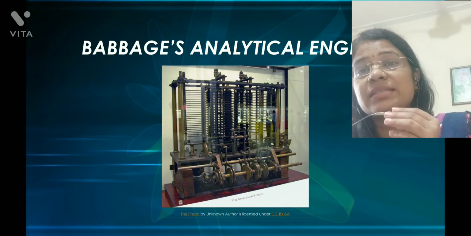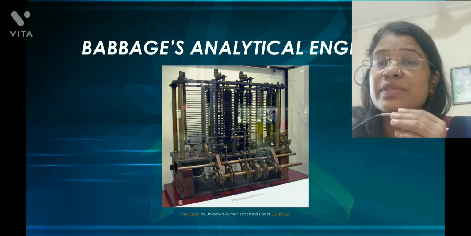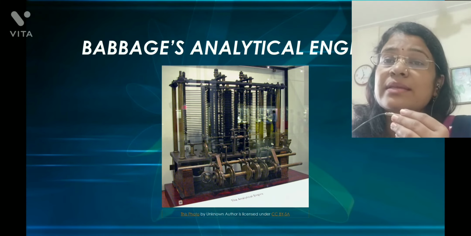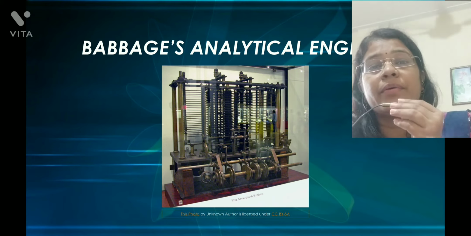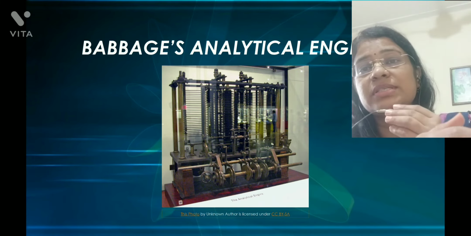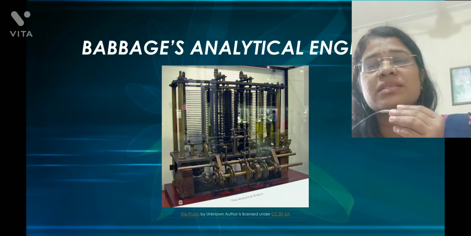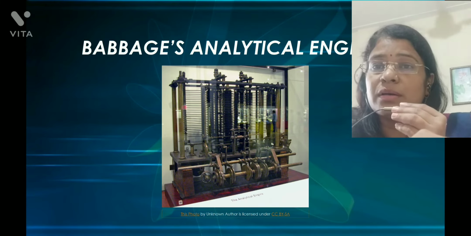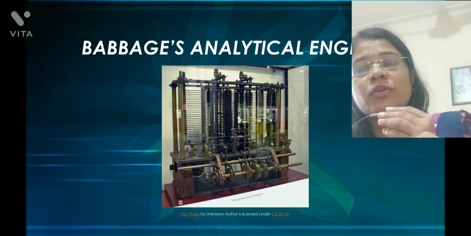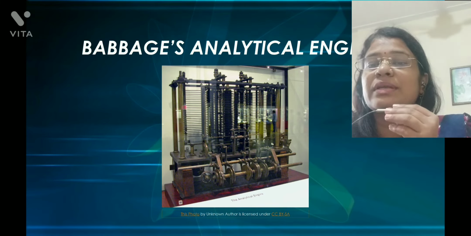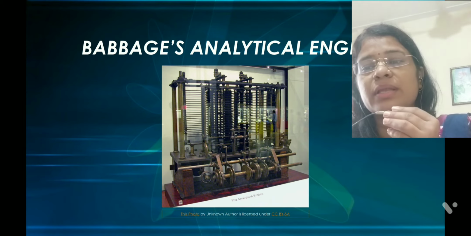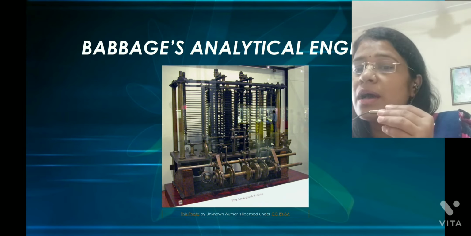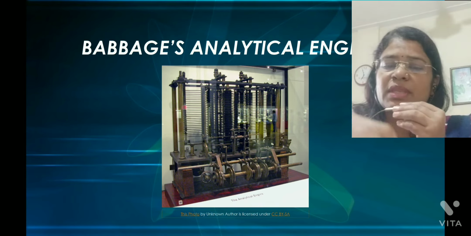As we can see, the difference engine also has some similarities with modern computers, but as the analytical engine was again improved over the difference engine, it was quite similar. It had lots of similarity with modern day computers, and there were also 5 main parts of that machine, that is input, store, mill, control, and output unit, which we have in our modern computers, right?